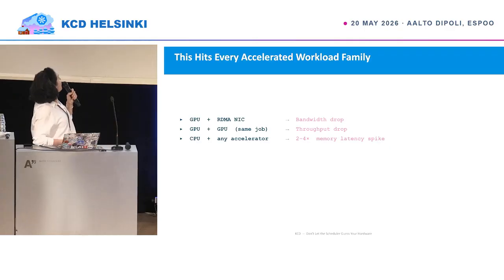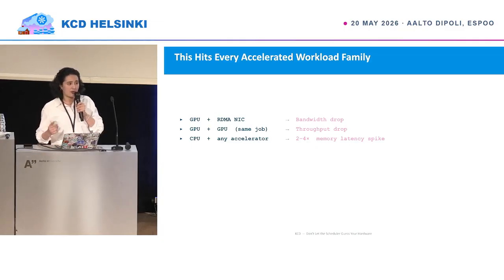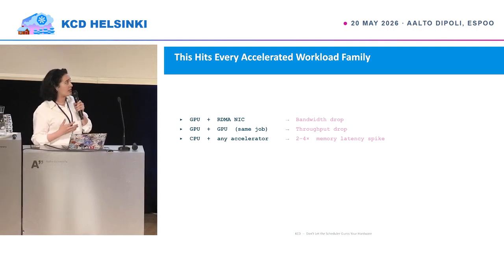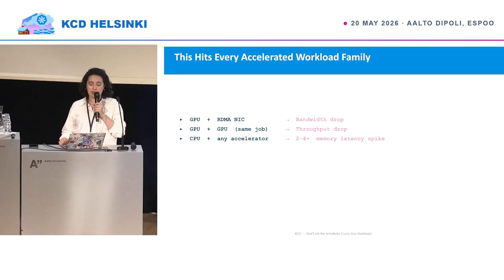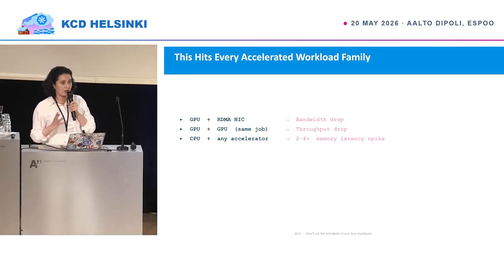For example, here we have GPU plus RDMA NICs. In this scenario, for distributed disaggregated inference scenarios, placing these two devices in different hardware segments disables the fast path between them and the bandwidth drops. For GPU to GPU communication in some of the distributed jobs, placing these two devices in different hardware grouping drops the throughput because the communication goes from the fast path to the slow path via